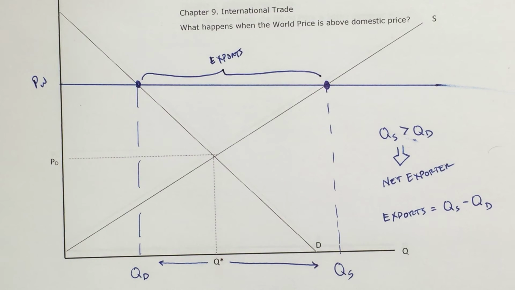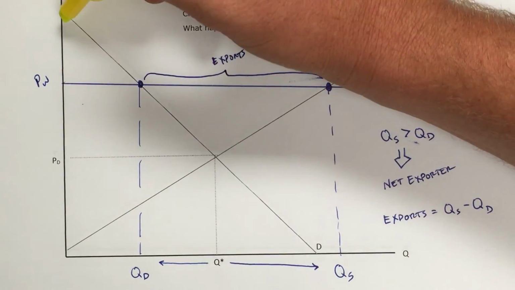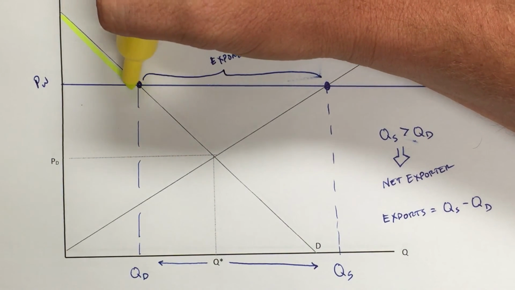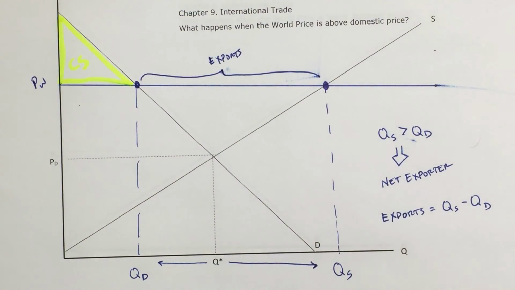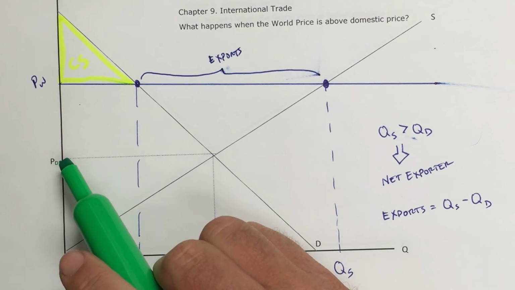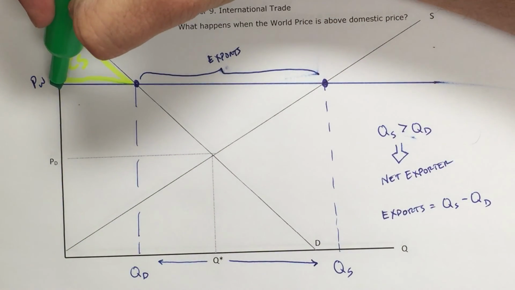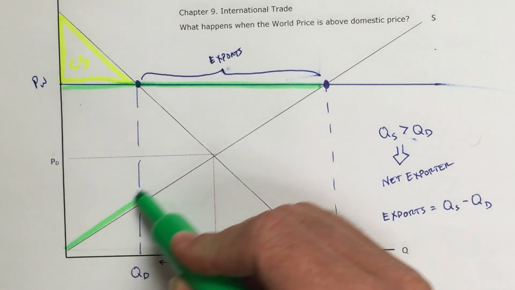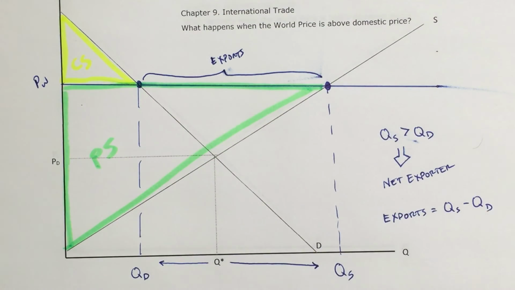Now, real quickly, let's just go ahead and identify the areas of surplus. Consumers were getting this large triangle right here before, but now they're not because the price they're facing increases. So this triangle right here is our consumer surplus. Now producers, before, were getting this triangle right here, but now the price goes up, and not only are they getting up to this point, but it comes all the way out here. And so this very large triangle now is producer surplus.